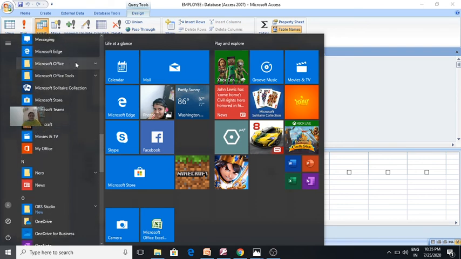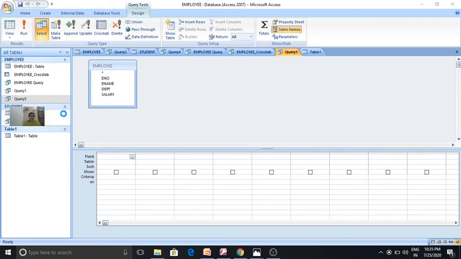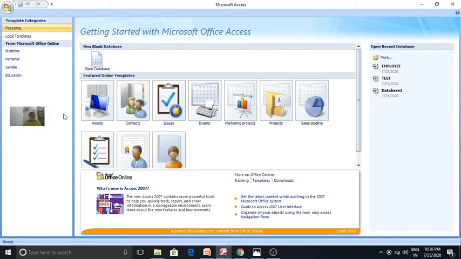Here you can see, under Microsoft Office, click on Office Access, Microsoft Office Access 2007. So this is how we open the MS Access application. And there, we create a blank database, we open an already existing database, and we create a database from templates.